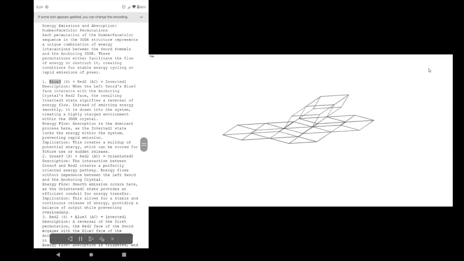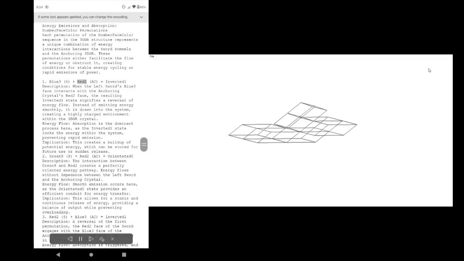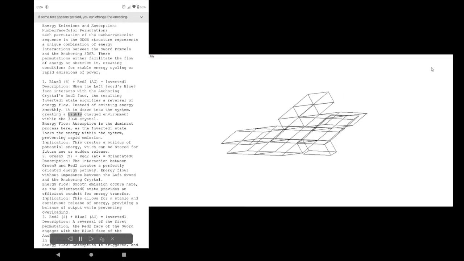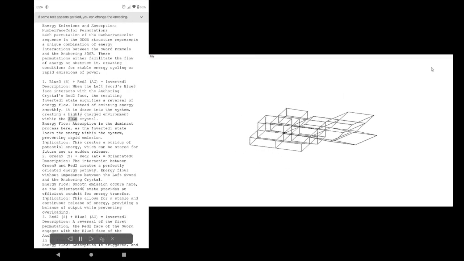1. Blue 3, S, plus red 2, AC, equals inverted 1. Description: when the left sword's blue 3 face interacts with the anchoring crystal's red 2 face, the resulting inverted 1 state signifies a reversal of energy flow. Instead of emitting energy smoothly, it is drawn into the system, creating a highly charged environment within the 3DGR